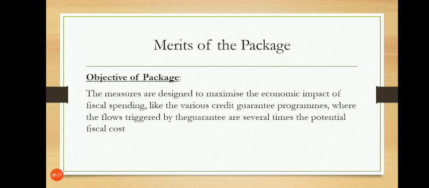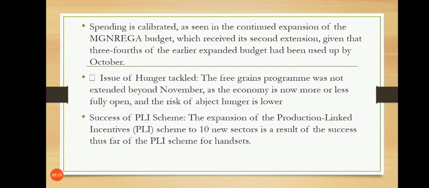Okay, so spending is calibrated as seen in the continued expansion of MG नरेगा बजट. आपको MG नरेगा पता ही है दैट इट इज़ महात्मा गांधी नेशनल रूरल एम्प्लॉयमेंट गारंटी एक्ट. ओके तो इसमें आपके जो रूरल एम्प्लॉयमेंट प्रोवाइड किया जाता है टू द पीपल, टू द माइग्रेंट वर्कर्स. Okay, so it is basically for the poor people who work under this MG Narega, which received its second extension